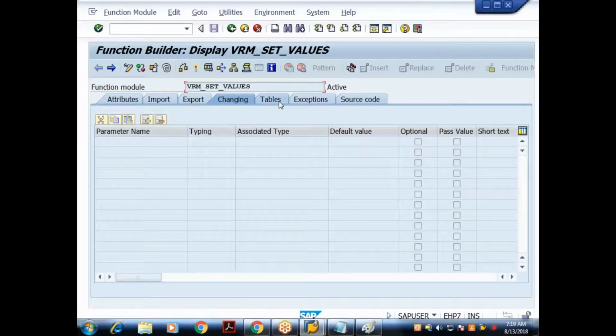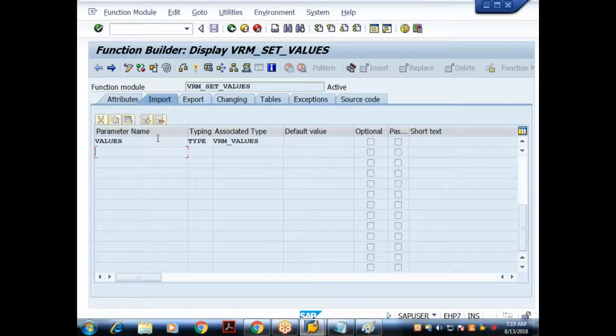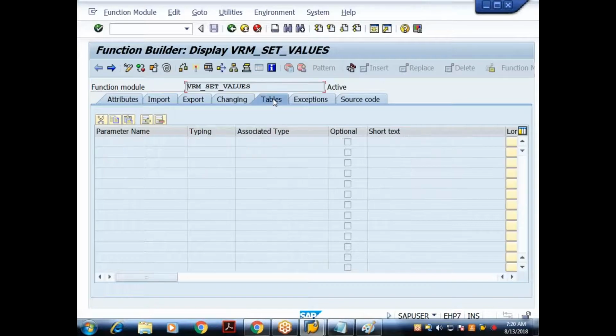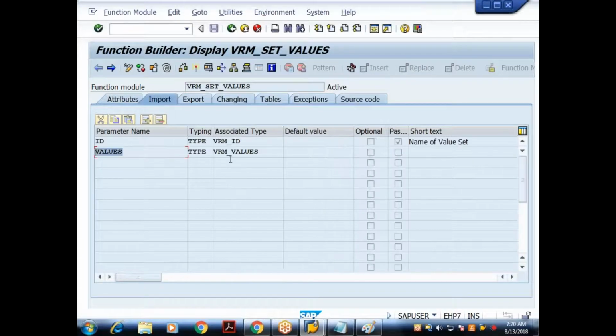Tables, we have not seen any example, but I told you that whatever is there in the tables, you have to understand that as an internal table. This is also an internal table. Whatever is there in the tables section, blindly you have to understand that it is an internal table. How can you say this is an internal table?